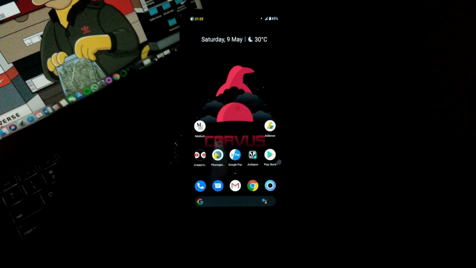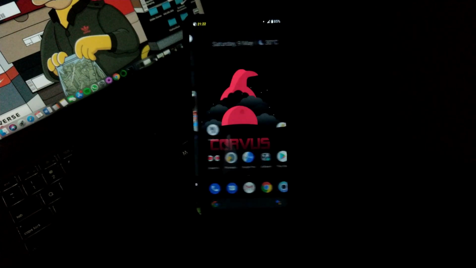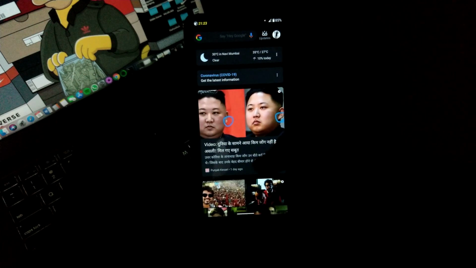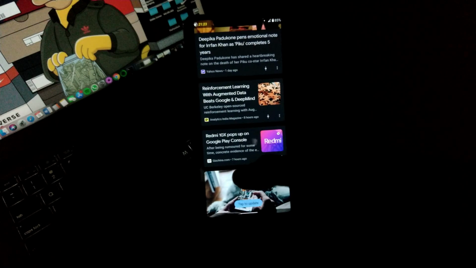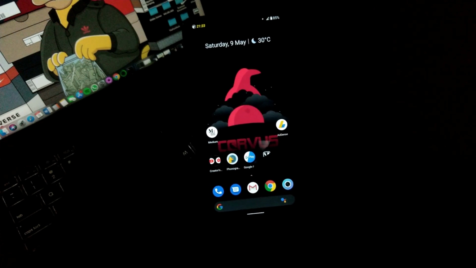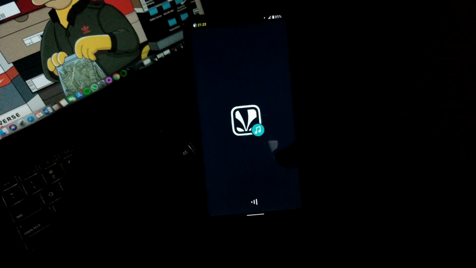Talking about this ROM, yes, this ROM is pretty smooth with some small types of updates, but also one of the major updates is that of the camera. So yes, this ROM can be used as a daily driver. As of now, I didn't face any type of bugs, and yes, it's pretty dope and a super cool update.